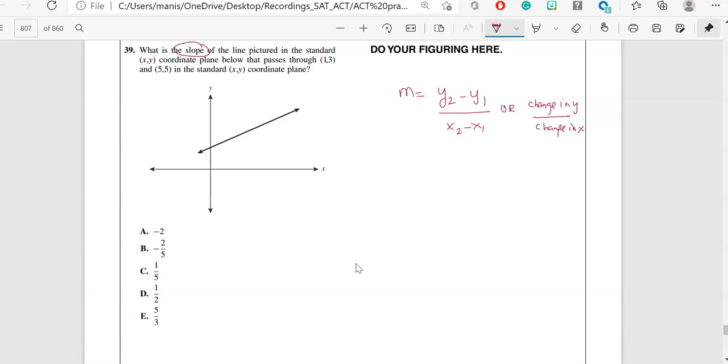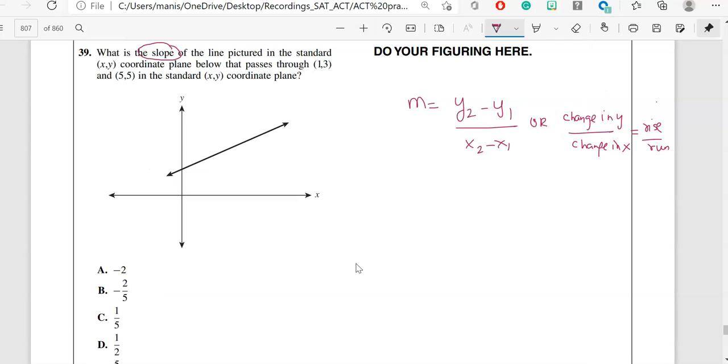Change in x intercept. Sometimes you will see it says like this also, rise over run. It says rise. Let me erase it over here. It says m is equal to what? Rise over run. You can use any of the formulas, but since they have given me these points over here, I will name this as x1, this will be my y1, x2, and this will be my y2. So let's go ahead and find the slope over here.